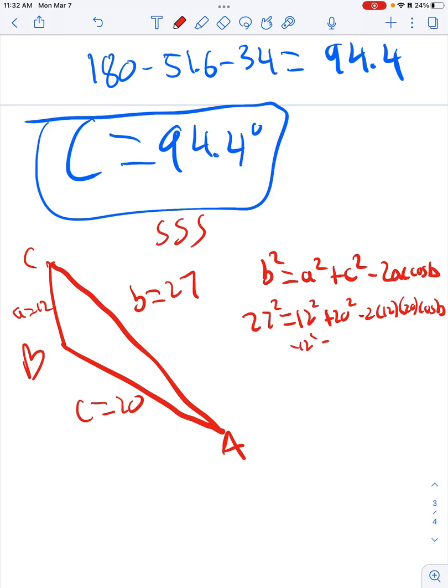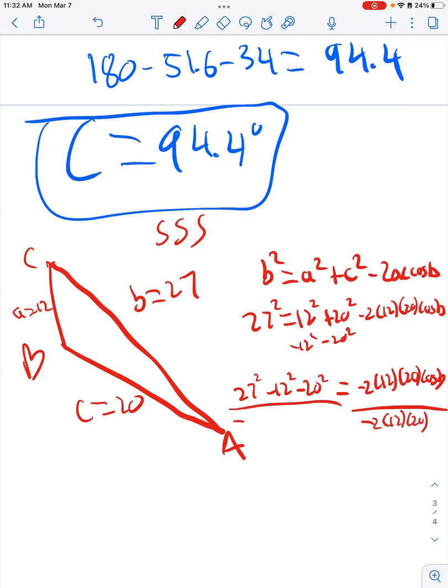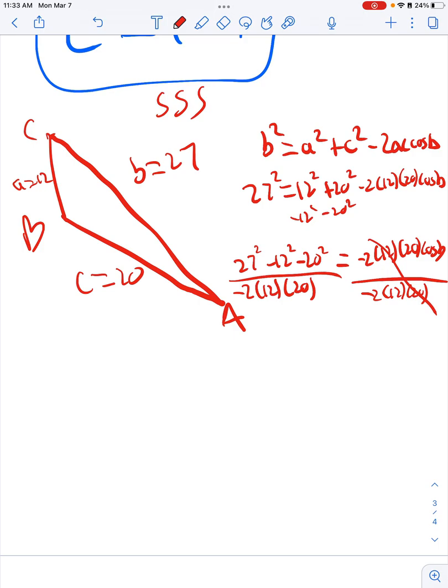Basically I subtract 12 squared and 20 squared, so I get 27 squared minus 12 squared minus 20 squared equals negative 2 times 12 times 20 times cosine B. Then I divide by negative 2 times 12 times 20. You could simplify it, but I'm just going to do it all in one step, keeping it unmultiplied. So cosine of B is going to equal